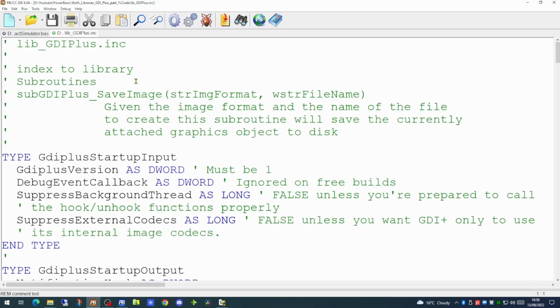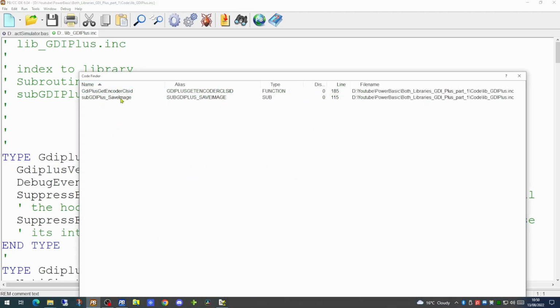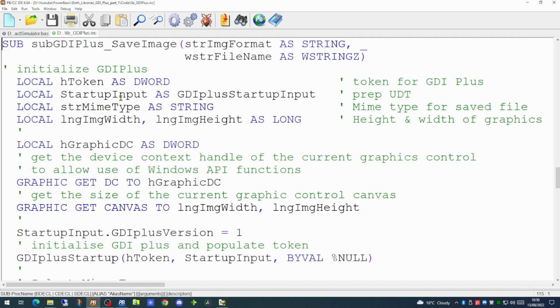If we have a look at the subroutine itself, we'll see there's a number of things it's actually doing. It's taking in two parameters at the beginning of our routine, the image format and the path and name to the file as a wstring-z. We have a few local variables created at the top of this subroutine, but the parts after that are the important ones.